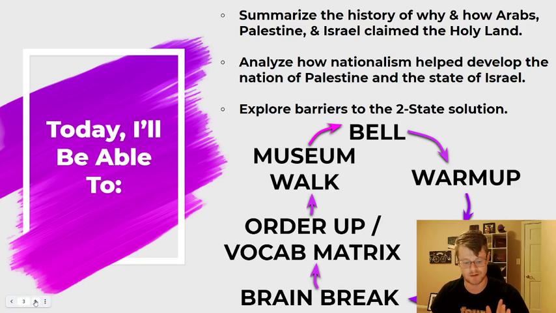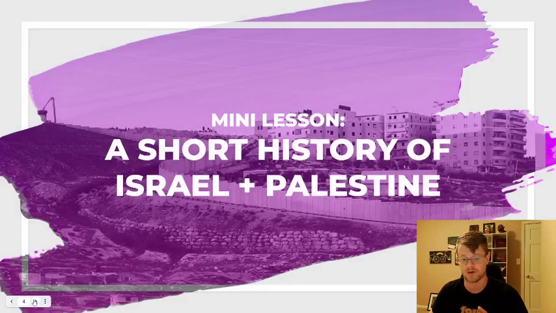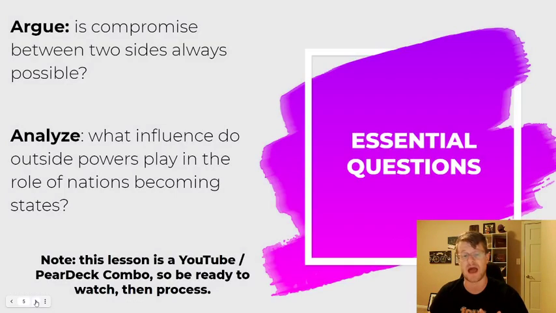Now, you're going to notice off the bat when we get here into the mini lesson, this is going to be very strange. That is because there's so much in this topic and content that I've cut this lesson up in a very unusual way. So I'm going to talk about what this mini lesson is going to do, but because of copyright infringement and things with YouTube, because there's a lot of videos featured in this, I'm not actually going to be able to do the mini lesson with you here. What I will tell you is how to do it, and again, what we're hoping to aim to get out of this.